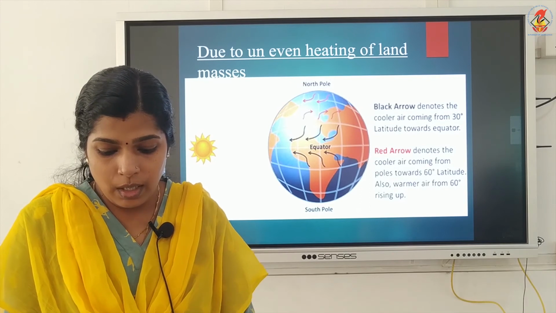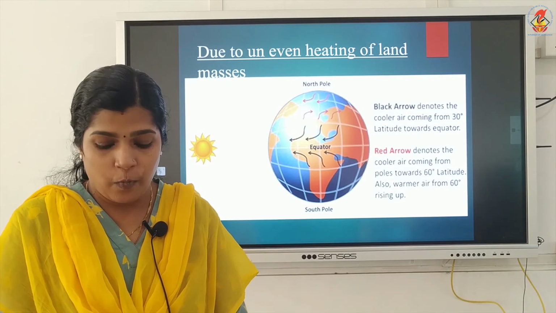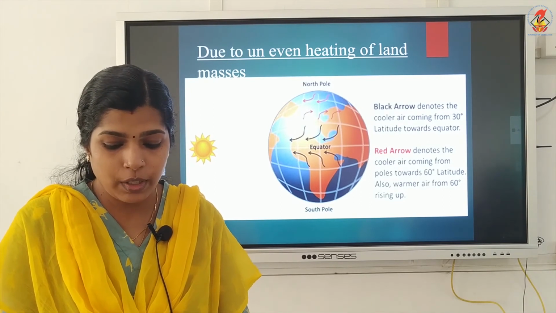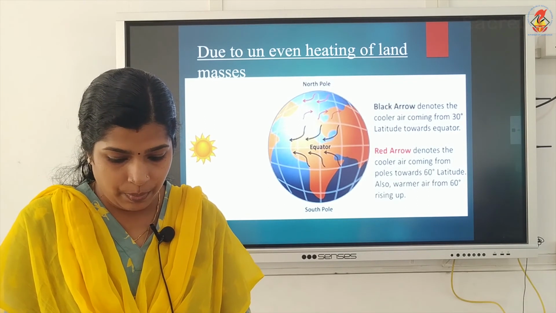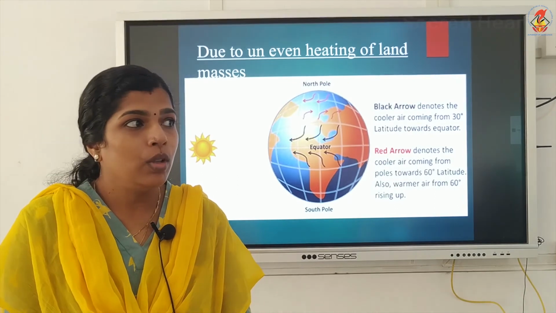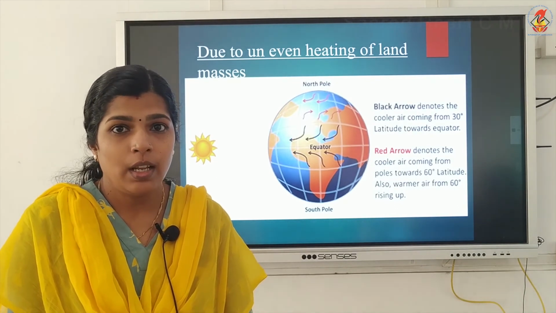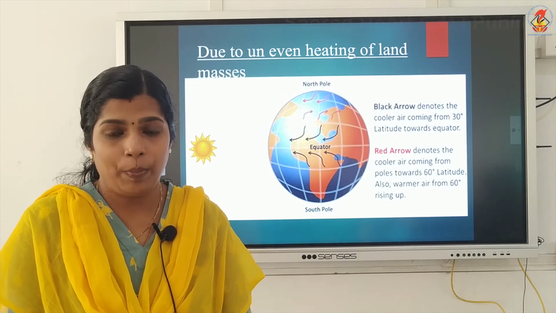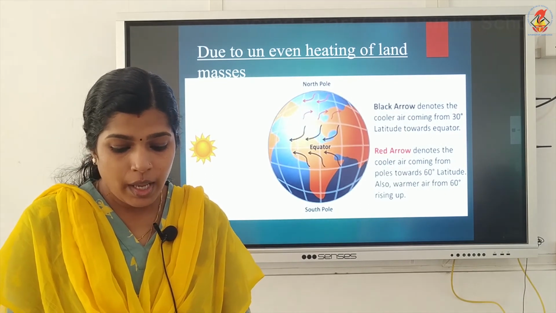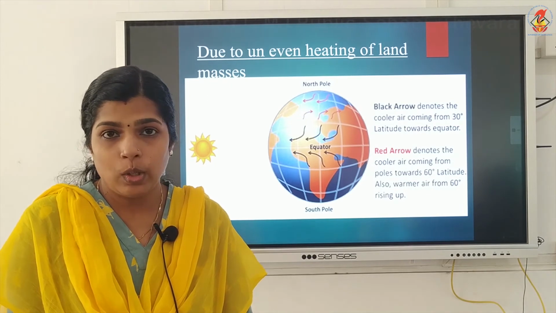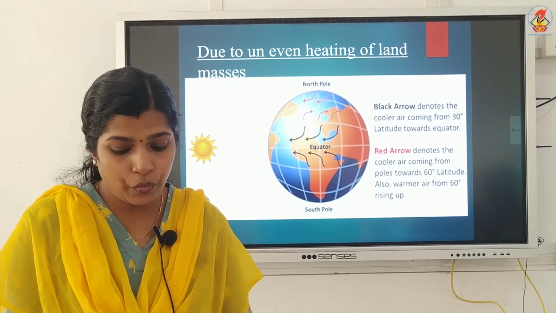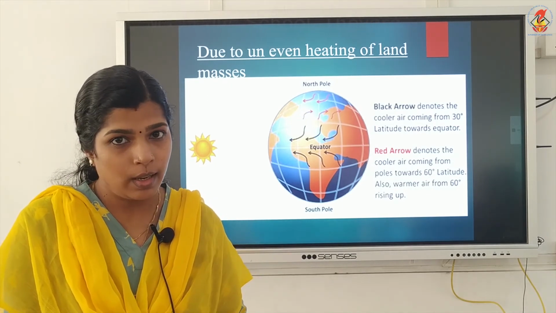In summer, near the equator the land warms up faster and most of the time the temperature of the land is higher than that of the sea. The air above the land gets heated faster and creates a low pressure region, and this causes the wind to blow from the ocean towards the land.